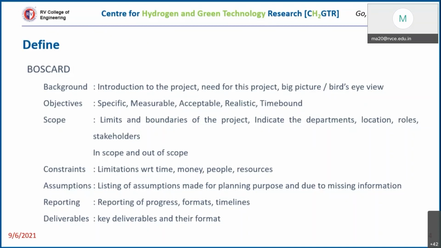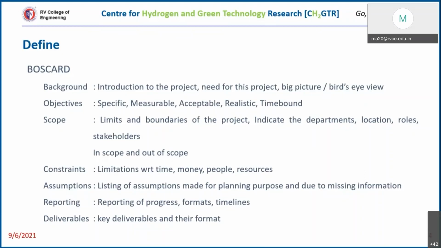And so timeline is very important. How much time do I have? What are the tasks that I need to do in order to achieve the objective? Say suppose I have 2 objectives to be achieved. I have 1 month of time. How much time do I need to achieve objective 1? What are the tasks that I need to carry out in order to complete objective 1? And the tasks that I need to do to complete objective 2. How much time is required for task 1? How much time is required for task 4?